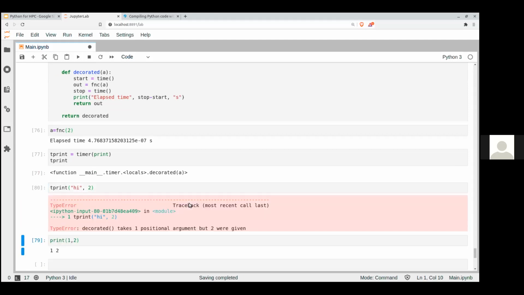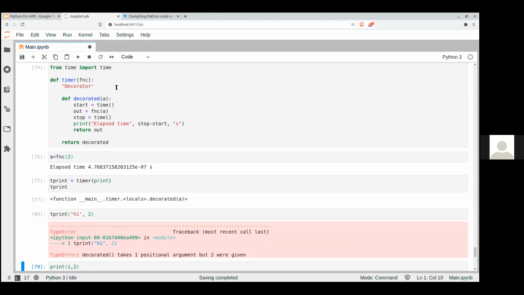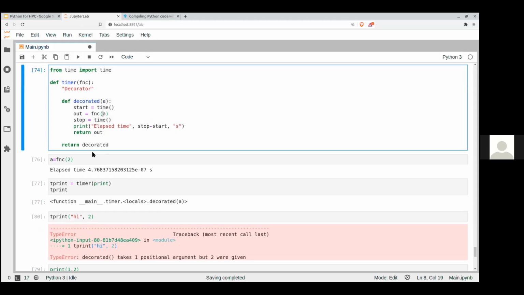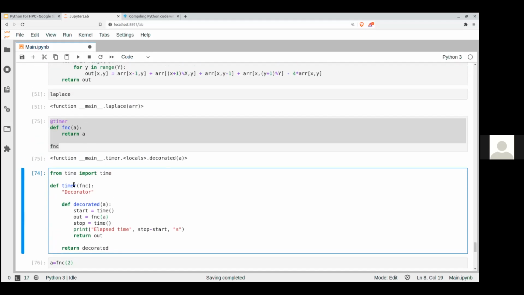It will not work. Why? Because the function decorated takes one argument, and so it's expecting the function to take one argument. So how do we define then a general decorator that takes any kind of argument? If you're familiar with this kind of problem in Python, the solution is